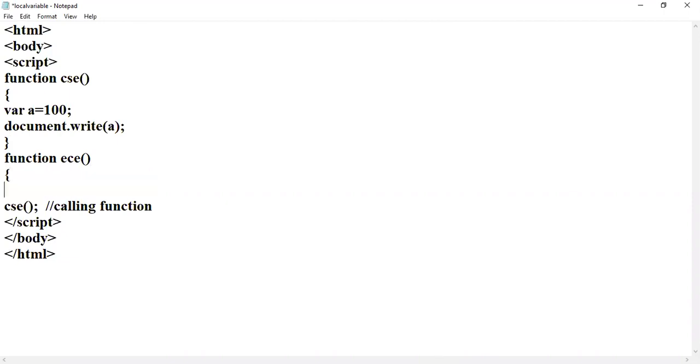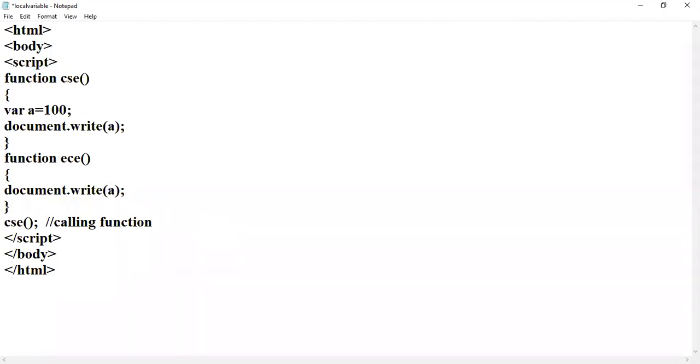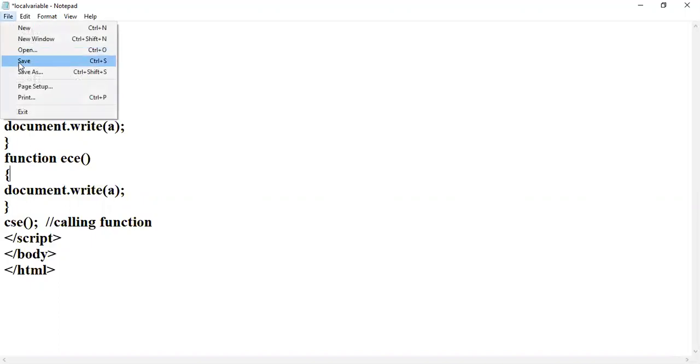Then in that I will try to print the same value which is present in the function CSC. document.write(a). I want to get the same value which is present in CSC. So here I am not declaring any variable.